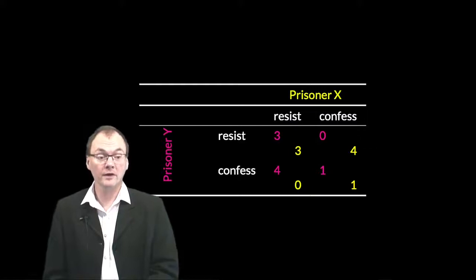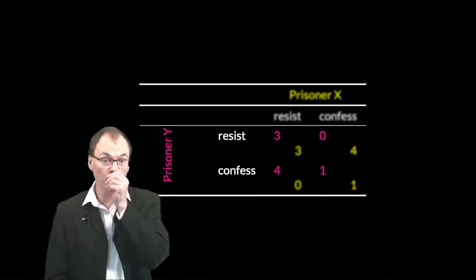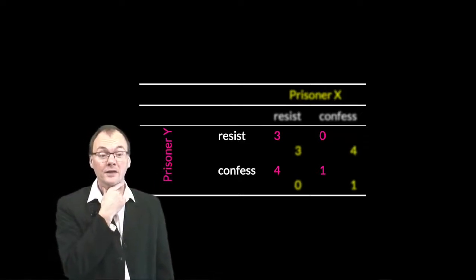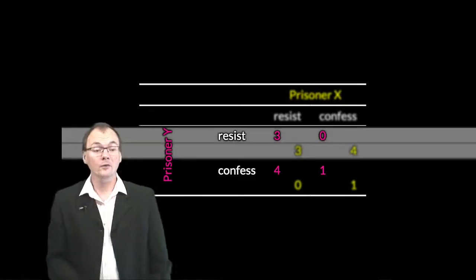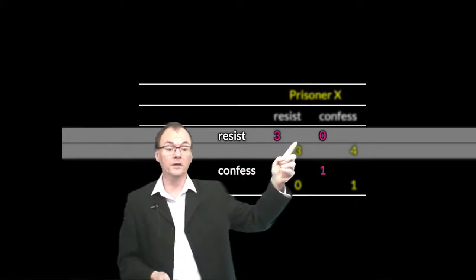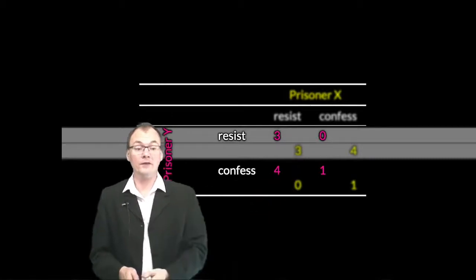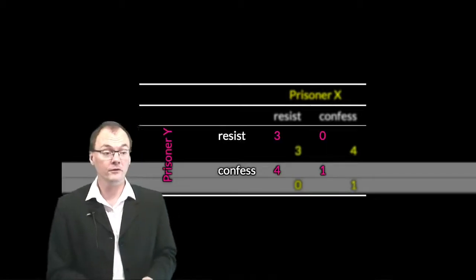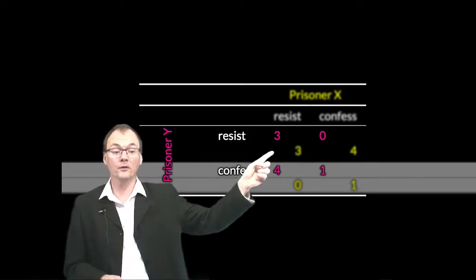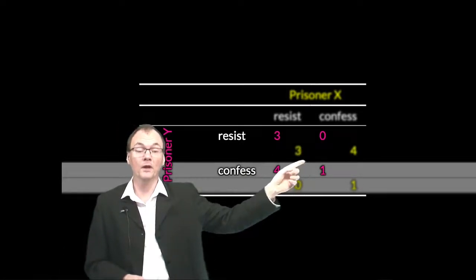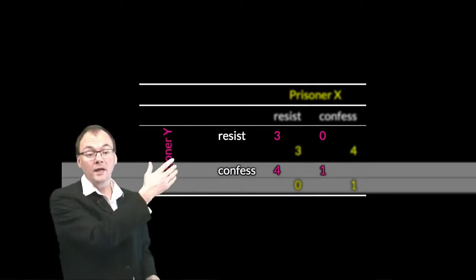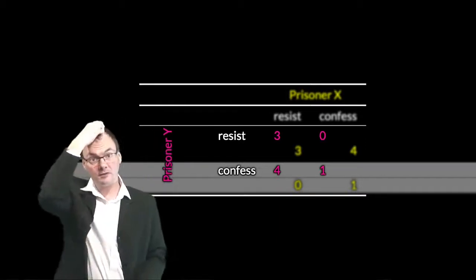Now, one way to answer it is to think about the payoff structure just for one player at once. So let's take the person who's playing the y-axis, if you like, prisoner Y. So if we think about prisoner Y resisting, if prisoner Y resists, they either get 3 if you resist as well, or 0 if you confess. But here's the striking thing about the way this game's structured. If they confess, they always do better, right? So they go either from 3 to 4 or from 0 to 1.